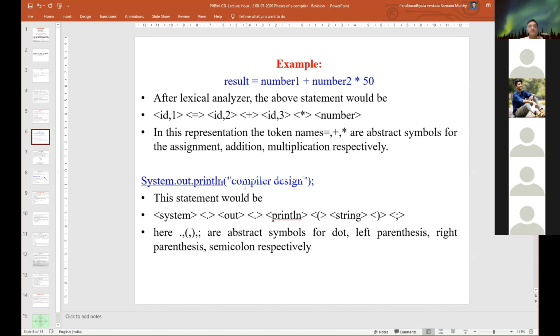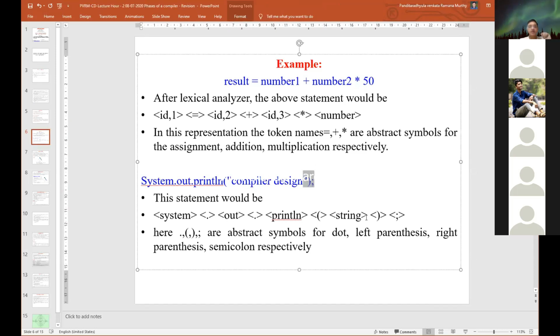Then we have Compiler Design as a small string, finally terminated with a semicolon. Here, what we represent as result, number1, number2 are nothing but IDs, that is ID1, ID2, ID3. Be careful, that is the representation in broad form.